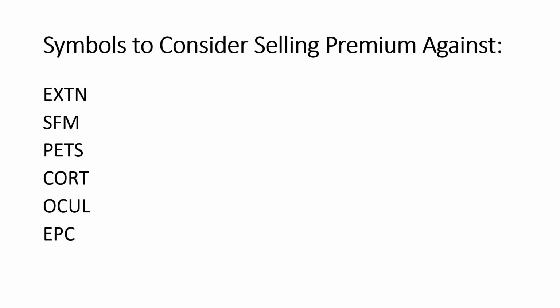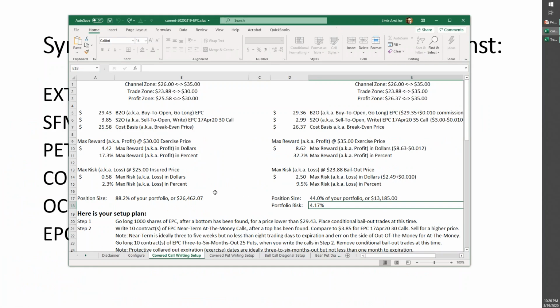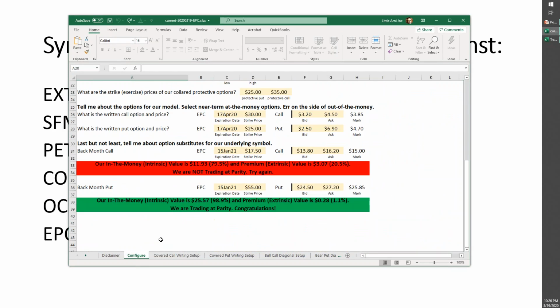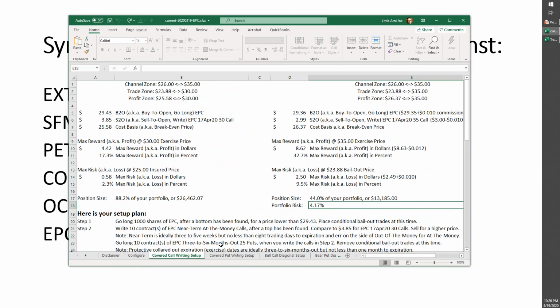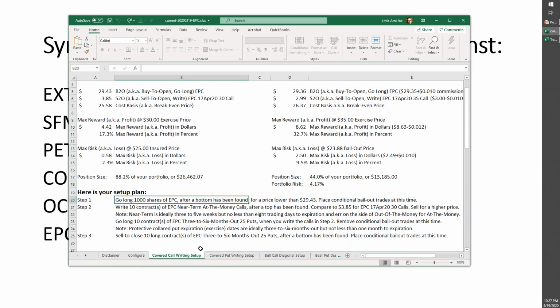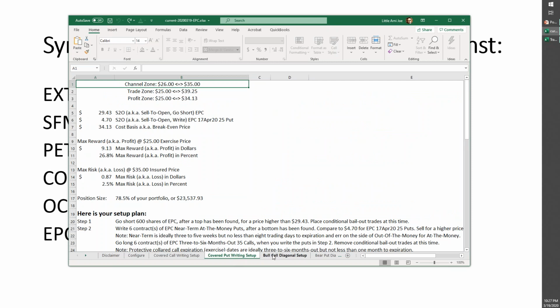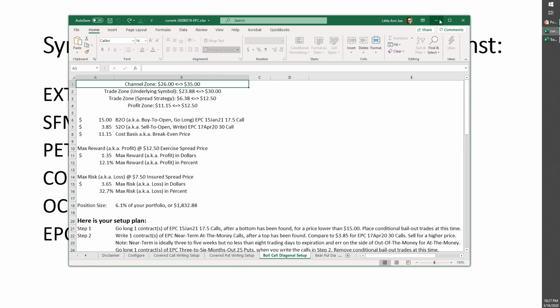In fact, here is the worksheet we did on EPC. We configured this during the webinar today and came up with a plan for covered call writing. You can see the plan right here. Go long 1,000 shares of EPC after a bottom is found. This software that we give you, which runs on Excel, if you're part of our program, tells you literally exactly what to do and when to do it. That's for the covered call, covered put. In fact, on Thursdays,